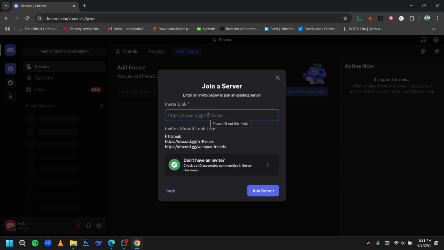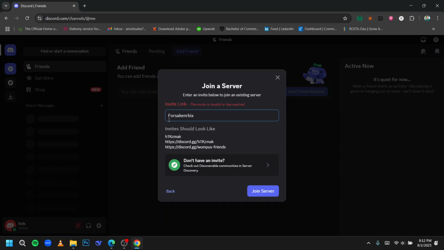But if you don't have any invitation link, then what you can do is simply paste the 4-second Discord server link, or this Discord server name. So for example, I would like to write 4-second, then what you need to add is the suffix from here. There you can see the 4-second suffix. Then you have to click on join server, and here you can see that the invitation link is already